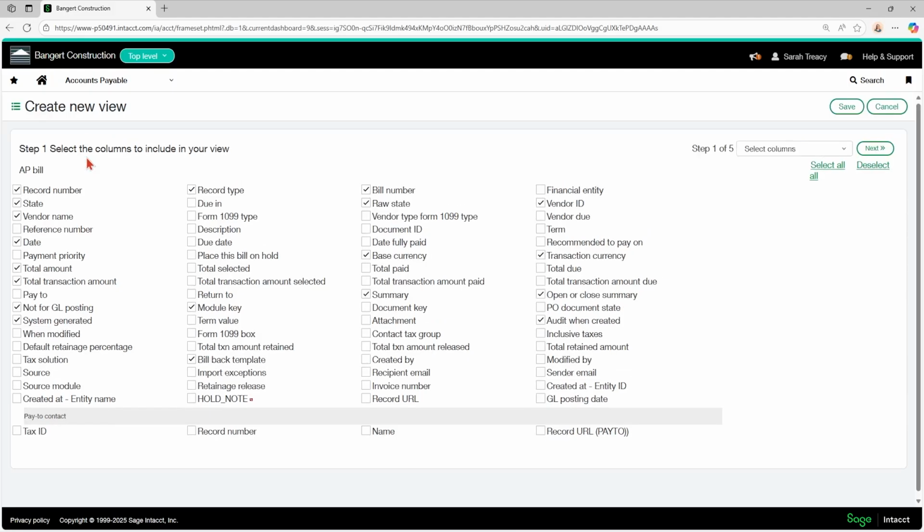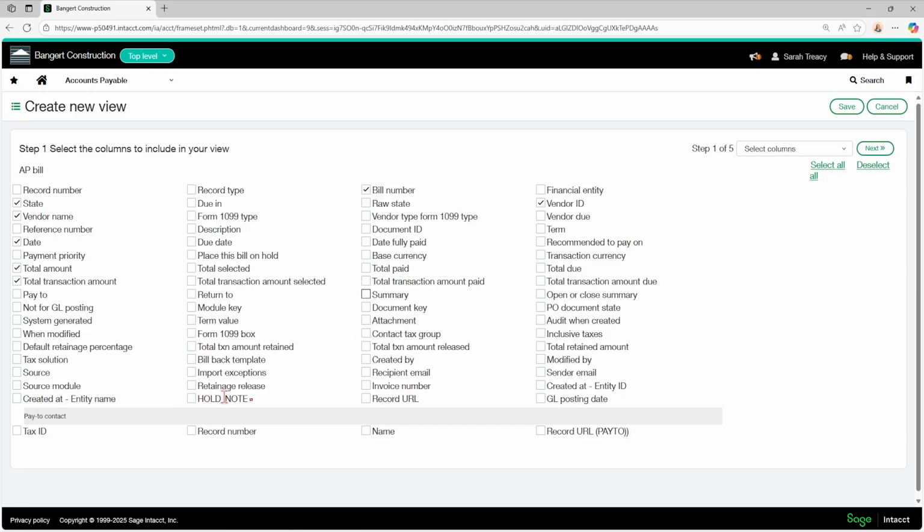Views are across Intacct. So let's get rid of some stuff here that I don't necessarily need. We can turn off and on any of these sections that we want. Anything that's here can be turned off or on. Okay, vendor ID, transaction currency, turn that off, turn that off. So I want just my vendor name, the date, total amount, the state that it's in, and the bill number. I'm actually going to turn off summary as well. So those are just the columns that I'm going to select for this particular view, but obviously whatever it is that you want, you can put on it.